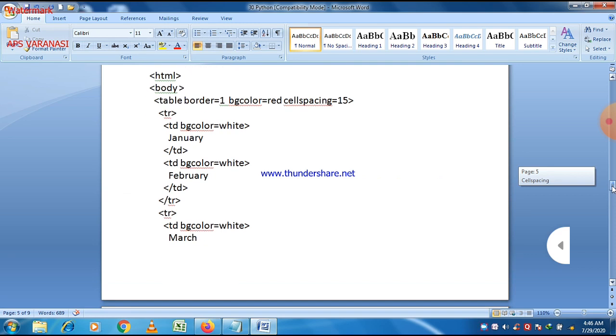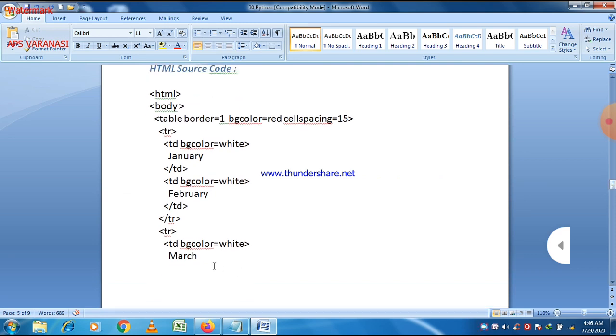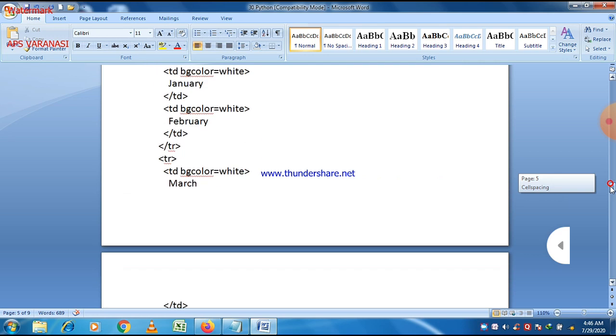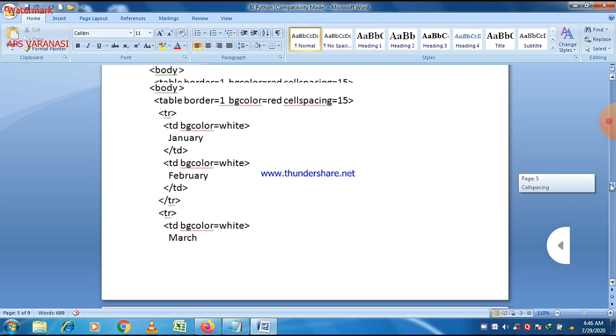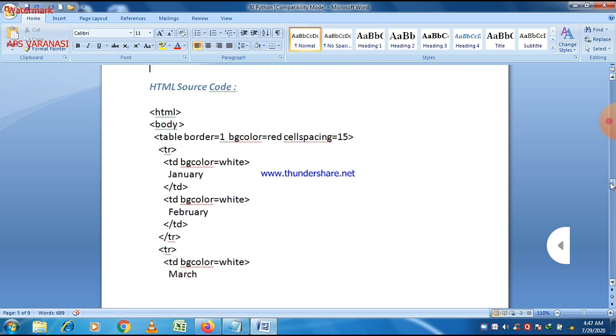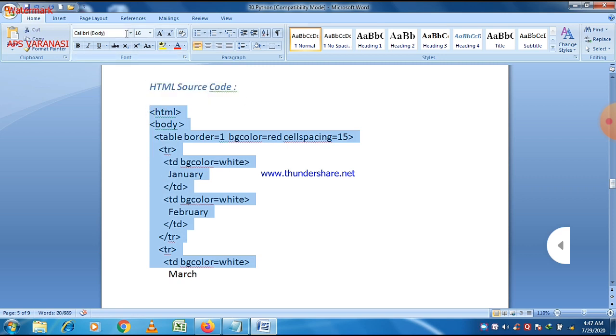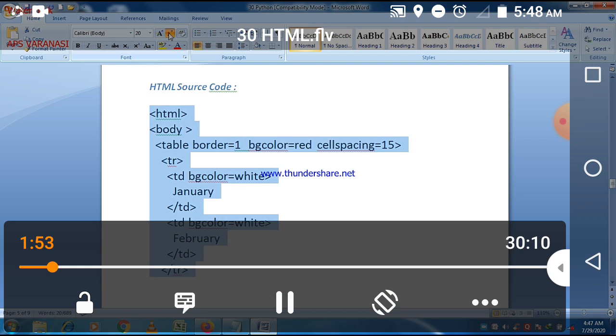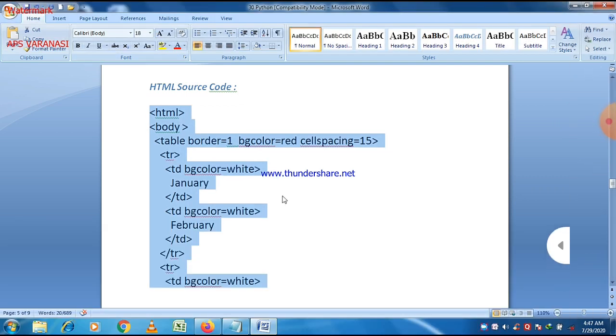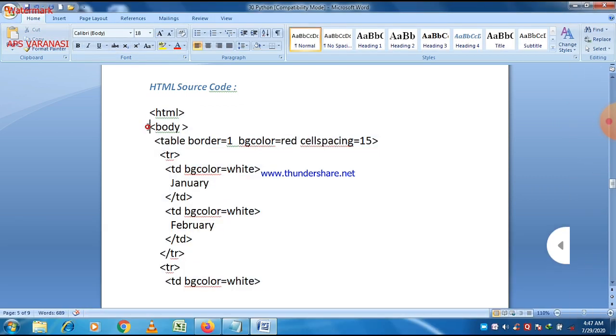There is a small program here. First of all, let us understand how we can apply this cell spacing attribute in a table, in HTML. So this is my program here, and you can see that programs always start with HTML.